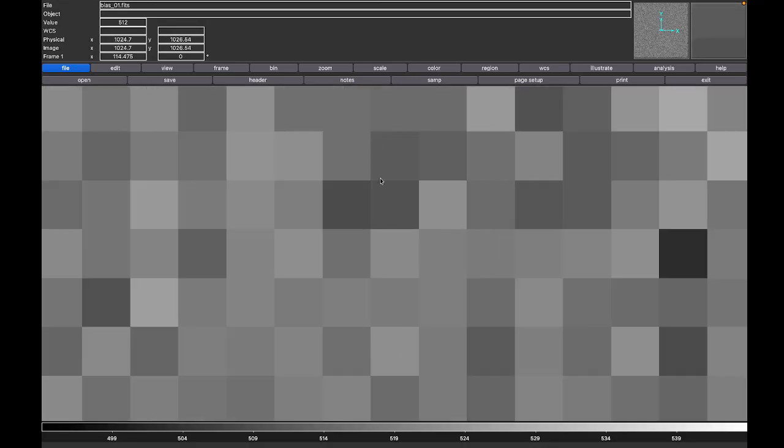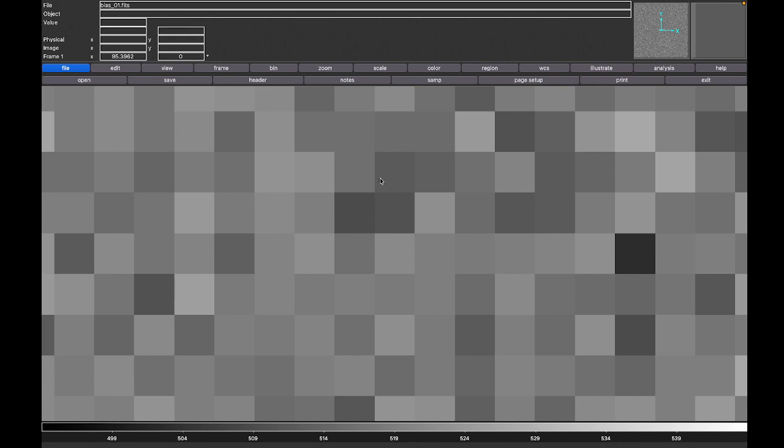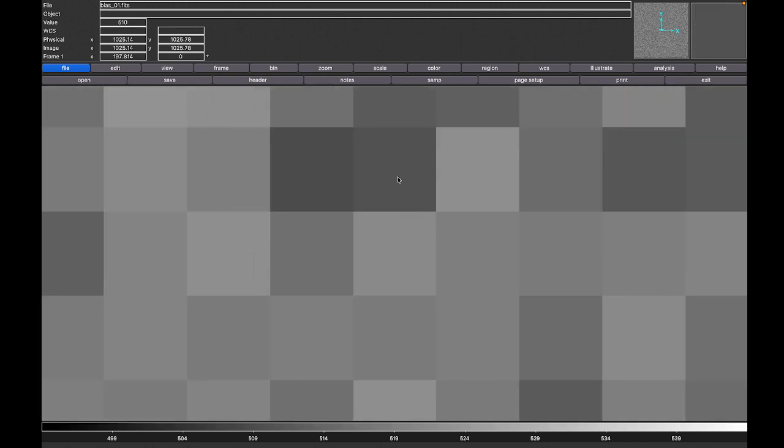Now a bias frame is taken when the shutter of the CCD camera is covered. So there is no light from the sky, and there will be a zero shutter value. At zero shutter speed and zero exposure, it will capture a blank, dark image. So the expected value of the pixels must be zero, because it will be just a dark image covered with a cloth or something. But when you zoom in on these pixels and hover on them,